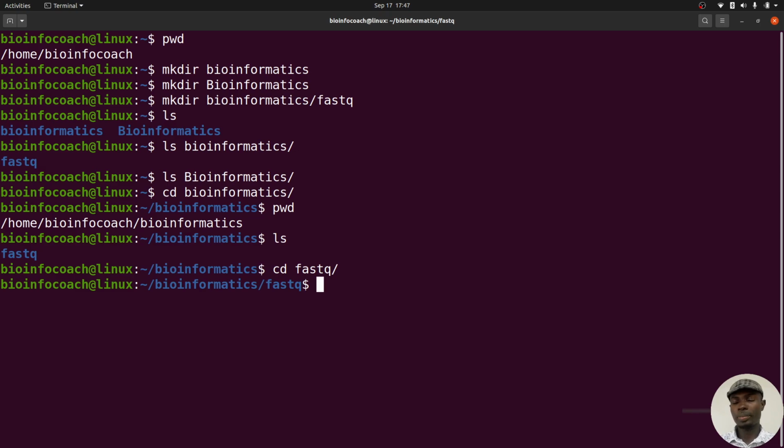Let's say I want to get back, I want to move to the previous directory. Note that we were currently here, bioinfo-coach, and then we did a cd into bioinformatics, which is here. So that's where we are now. And then in bioinformatics, we had this folder, we moved into it. So we have done two cds, we've moved two. From bioinfo-coach, we moved to bioinformatics, and now fastq. So in this situation,